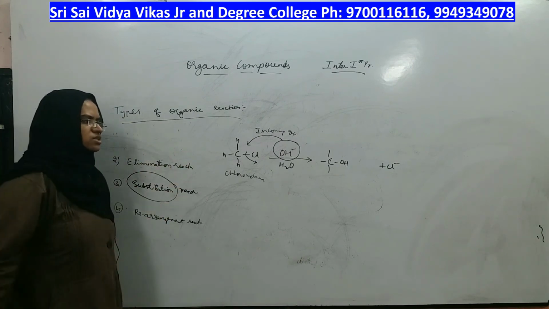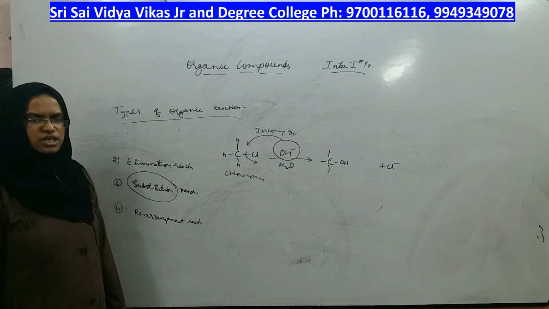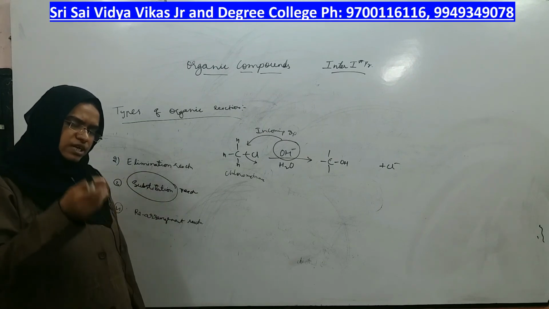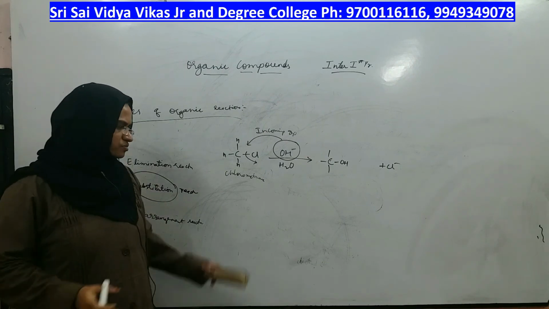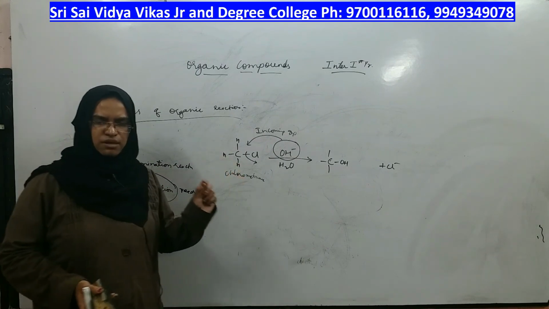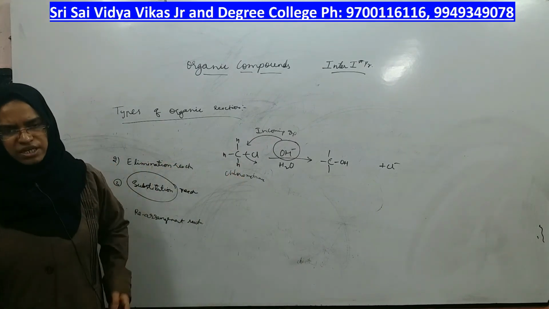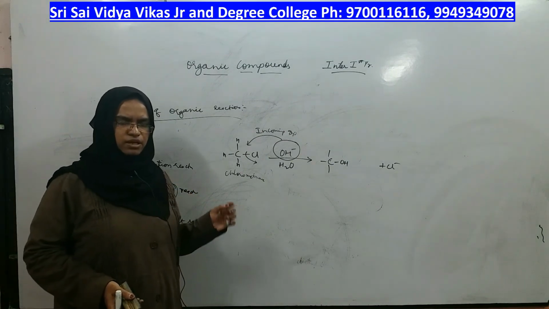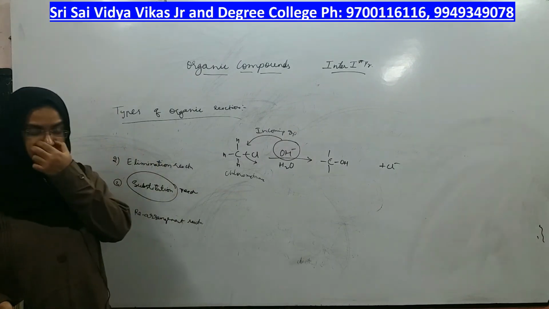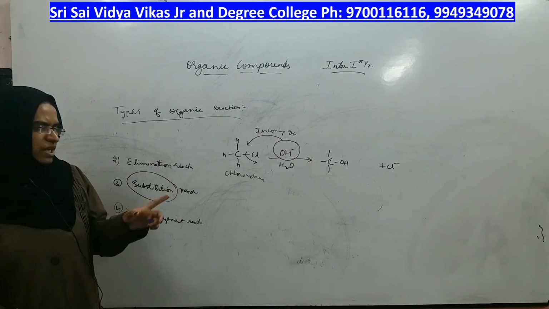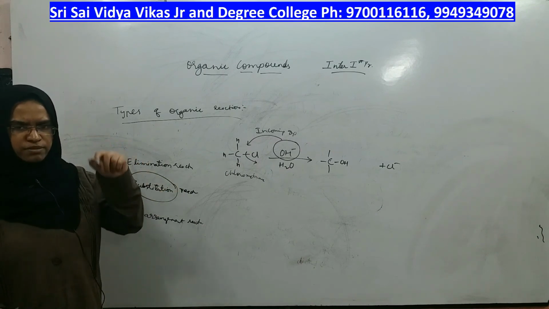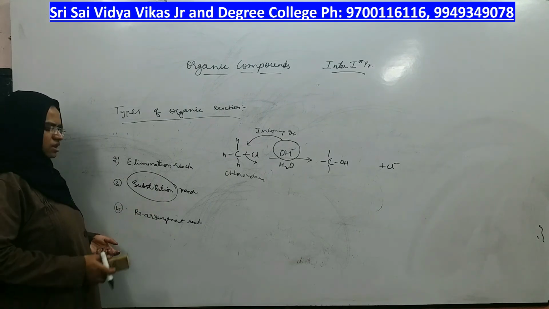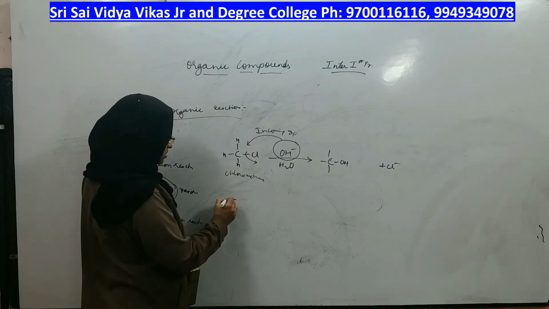What is happening? The place of chloride is getting substituted by a new group. Therefore, this reaction is called a substitution reaction, in which old groups go out, new groups come and take their place. Everything else remains the same, but its place is taken by someone else. Nothing will happen, no hybridization will change, nothing will change except that the place of the previous group will be taken by a new group. That's why it is called a substitution reaction. Next reaction is rearrangement reaction.